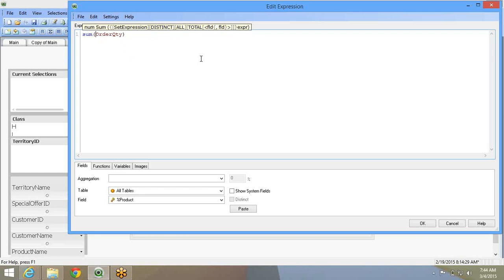You want to see the average of order quantity overall, so you can take the sum of overall order quantity divided by count of all distinct product IDs.